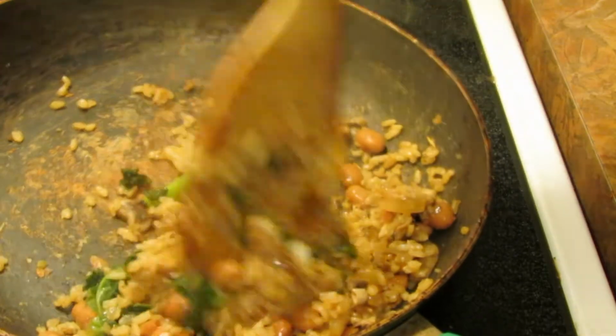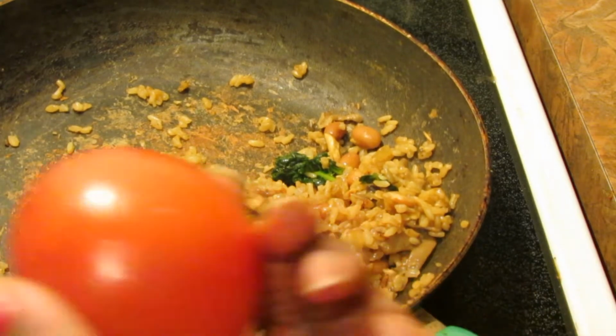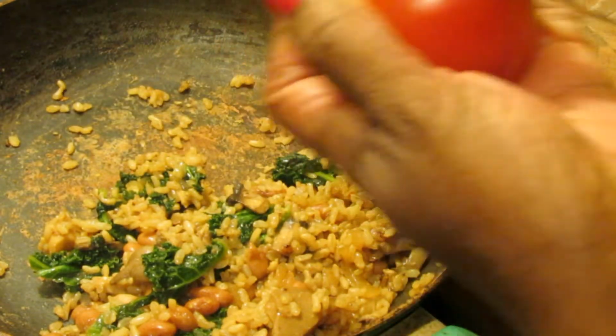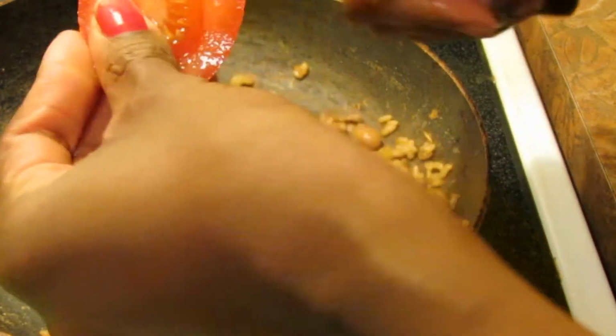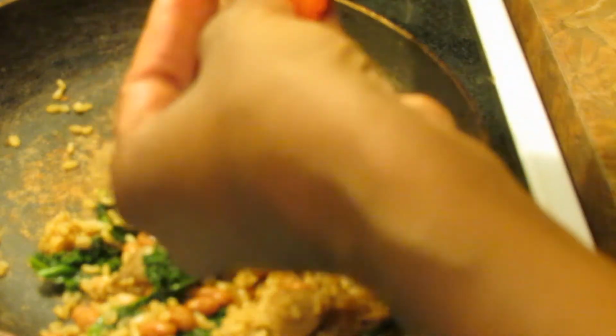Okay, it's still nice and moist, guys. And I'm going to add a little moisture now when I cut some tomato. So I'm just going to cut a portion of this tomato. Maybe I'll do a little more, but for now, I'm just going to cut the tomato and add to the stir fry. And basically that's it. You just need enough moisture in your pan,